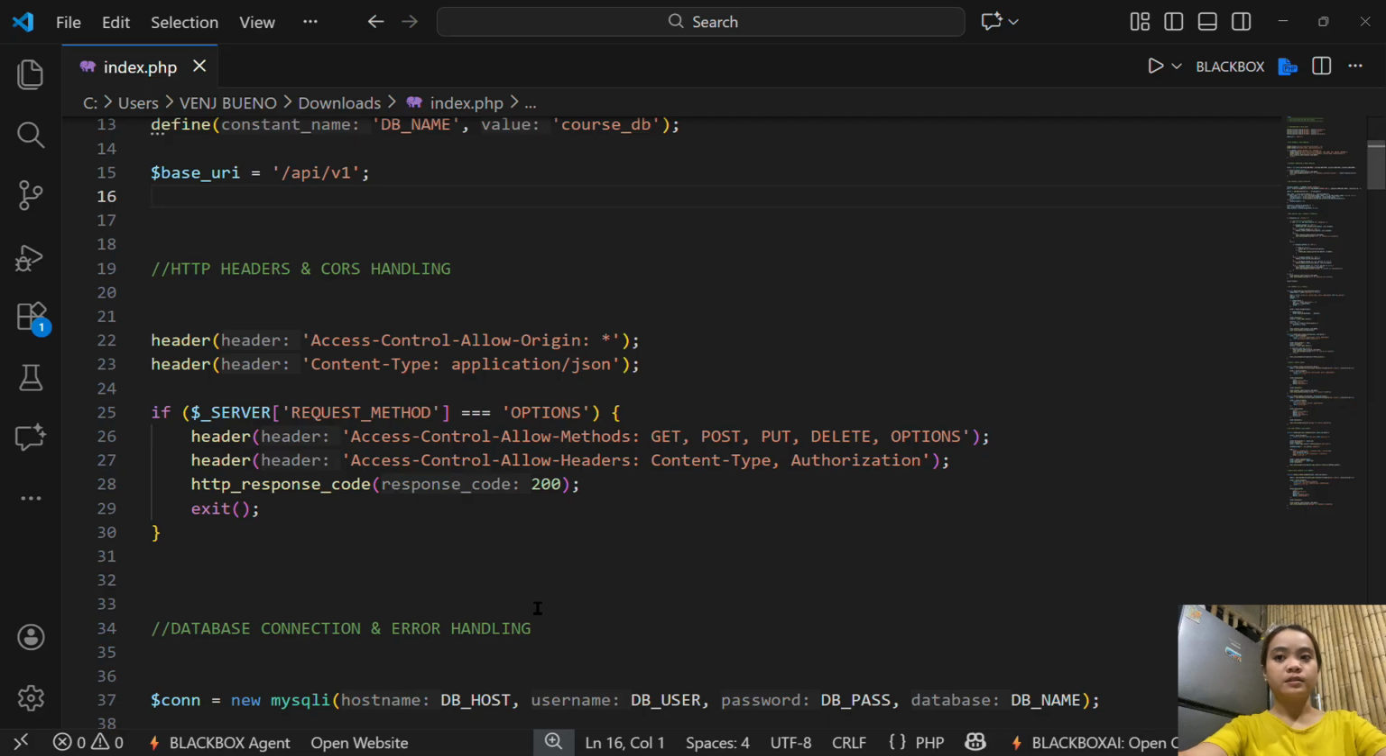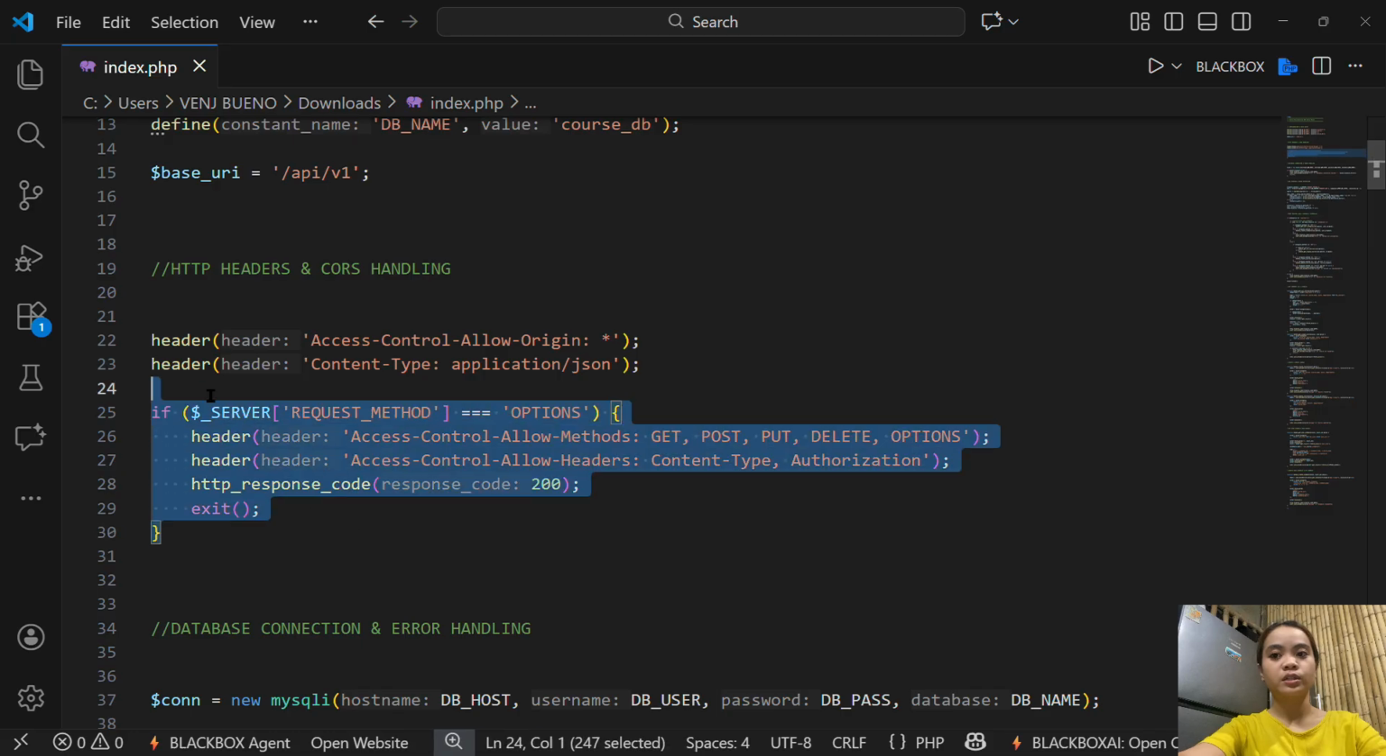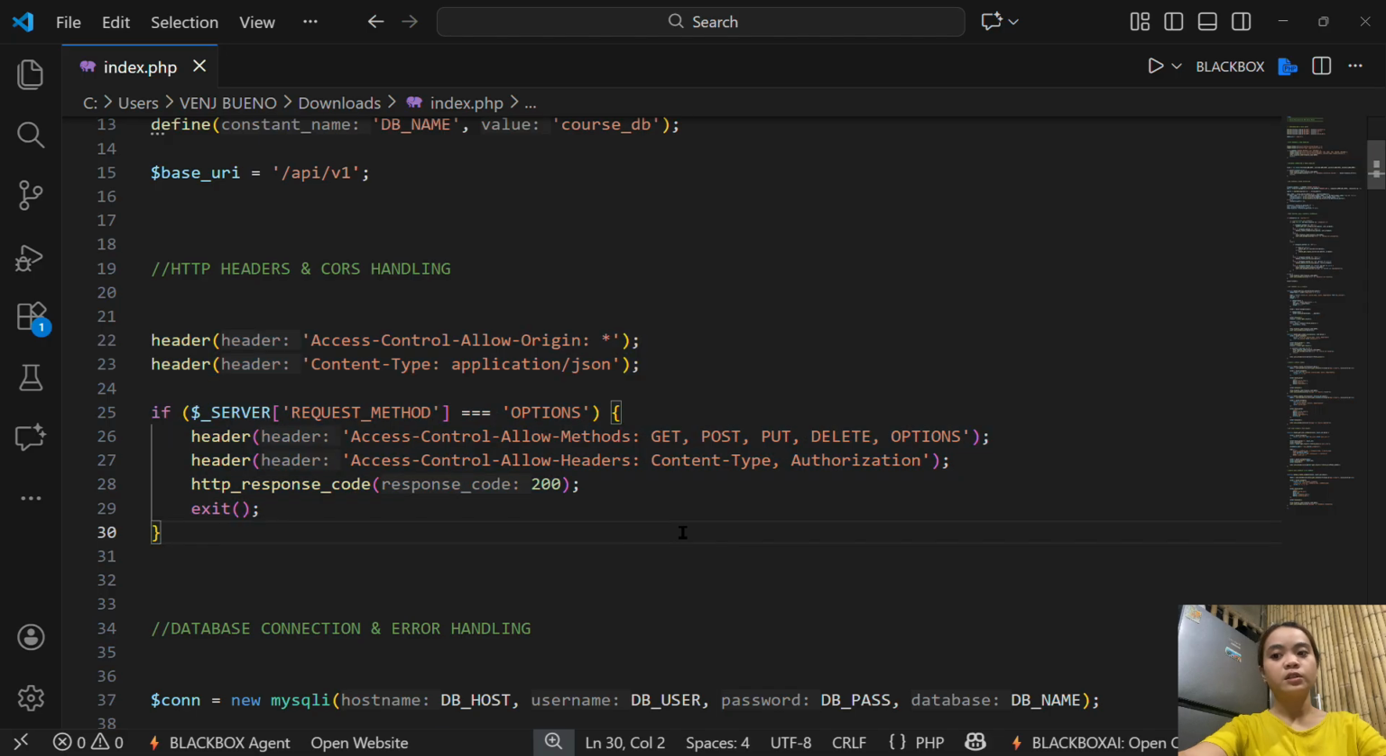This part sets the HTTP response headers for the API. It allows requests from any origin to support cross-origin communication and specifies that all responses will be returned in JSON format. The code also handles preflight OPTIONS requests, which are automatically sent by browsers before certain API calls. By declaring allowed HTTP methods and headers, this section prevents CORS-related issues and ensures smooth communication between the front end